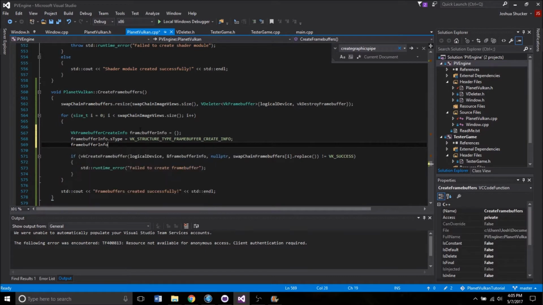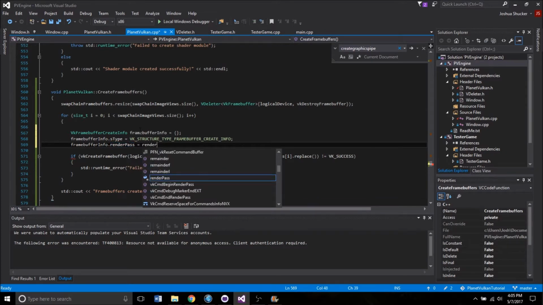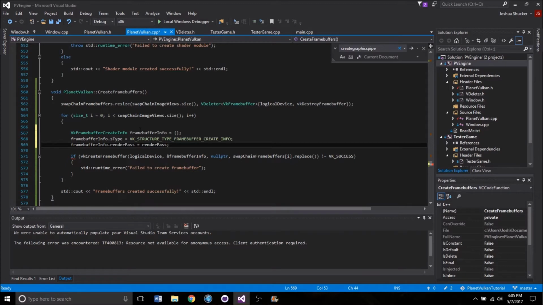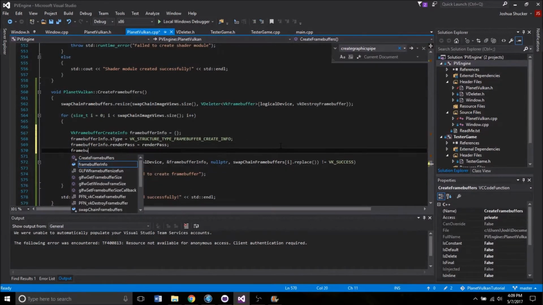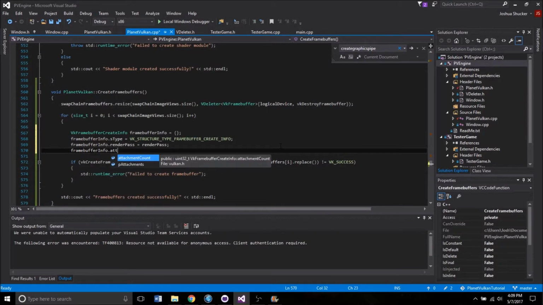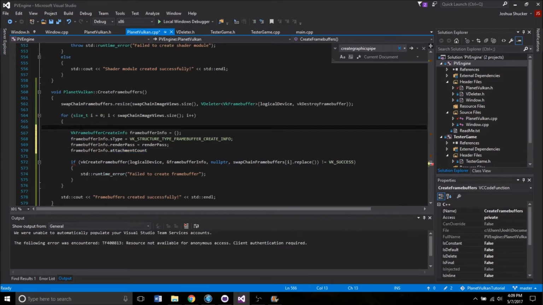So frame buffer info, we're going to do render pass. Oh, I got caps lock on, that's not good. And we're just going to set this equal to the render pass that we already set up. There we go. And next up, we have frame buffer info attachment count, rather. We're going to need to give it a count and then the attachments to pass in. The attachments we actually haven't declared yet. We have them though. We're just attaching each one of these frame buffers to one of the swap chain images,